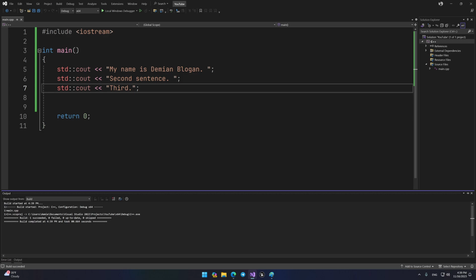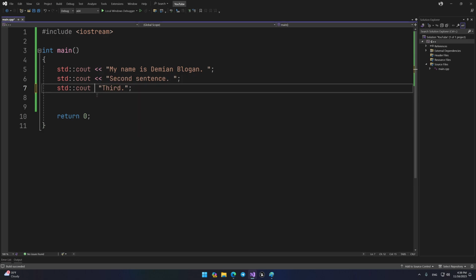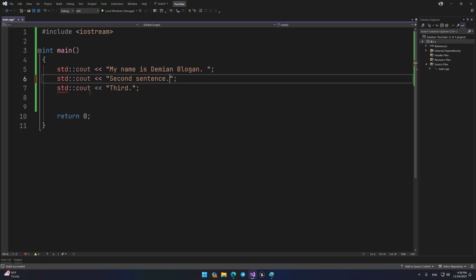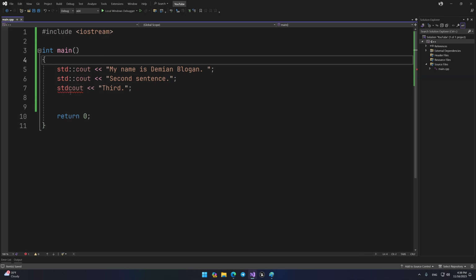Now practice printing text. Write several commands in one line, remove std, and look at the error description, remove cout and also look at the description. Try removing the semicolon to also examine compiler errors. Don't be shy.